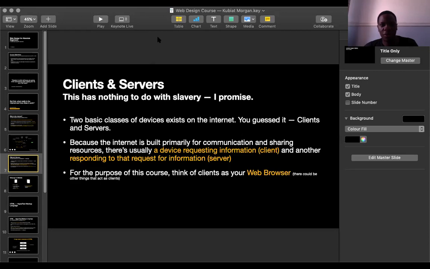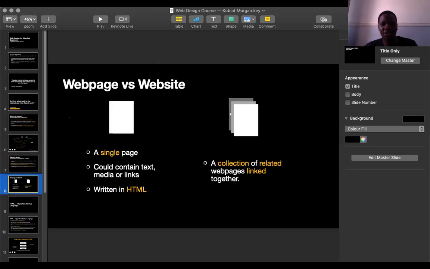A web page is basically just a single page, right? And at this point, I'm going to pull up a sample web page, so we just see what that looks like.